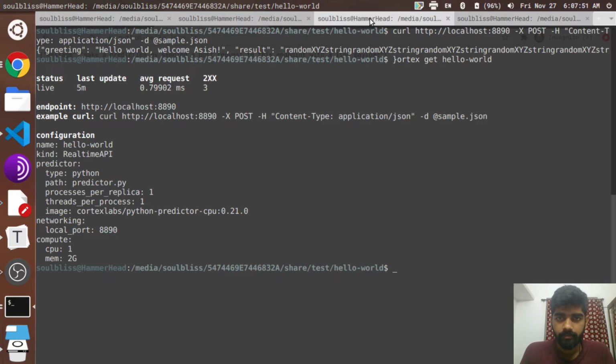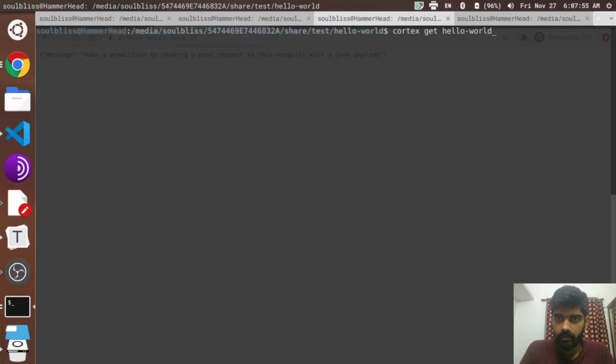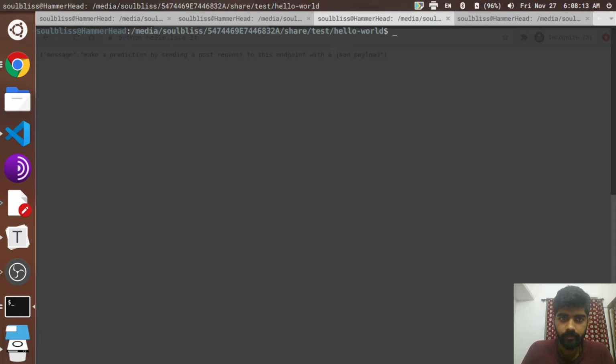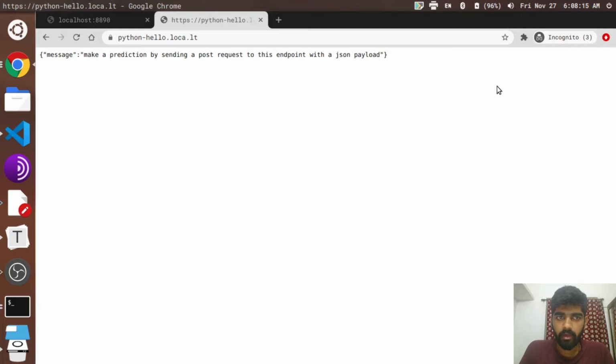And then the curl request that we were sending, now instead of sending it to our local port, we can just send it to that specific endpoint, and when you run it, it still works. So hello world, welcome Ashish, and then you get your result over here.